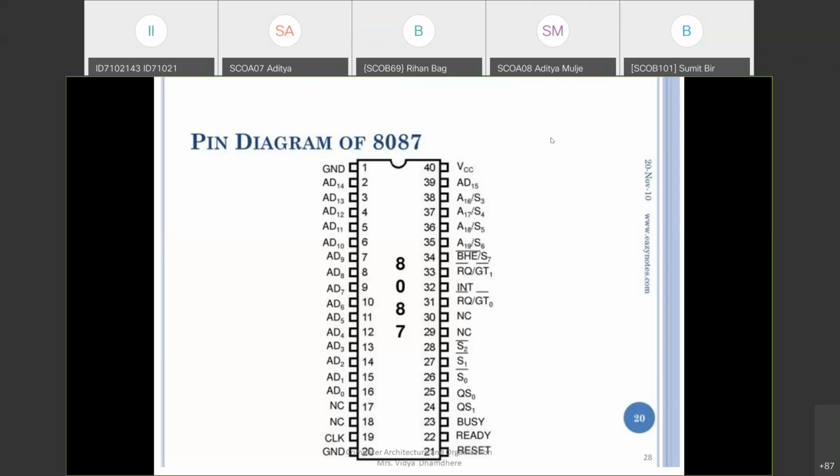Scan all pages. After scanning all the pages, make one PDF of those pages with the help of your mobile phone. Scan it, make it one PDF, and store it with your proper roll number, SCO, A or B, and then whatever roll number you are having. Then you need to upload that answer sheet. I will put the answer sheet tag there in the Google Classroom. After completion of the exam, you need to upload your answer sheet within 15 minutes. That means 11 to 11:15 you can upload your answer sheets.